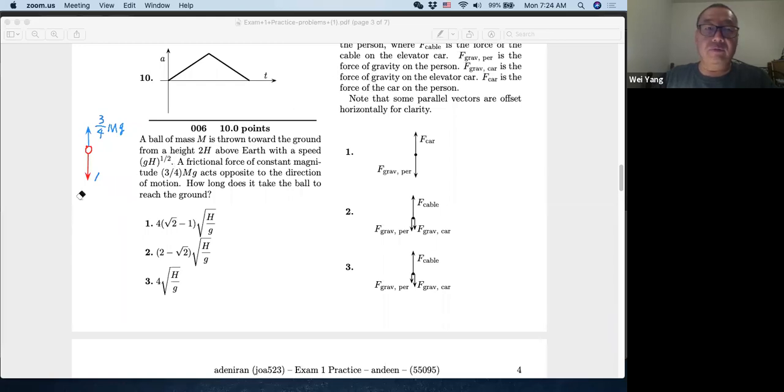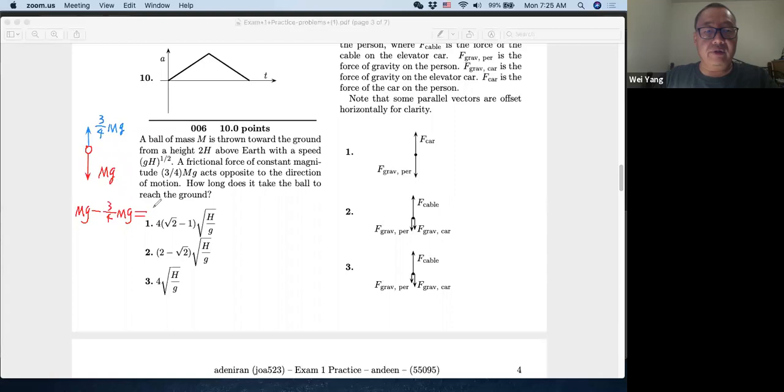This one is 3/4 mg. So then we can get an equation: mg minus 3/4 mg